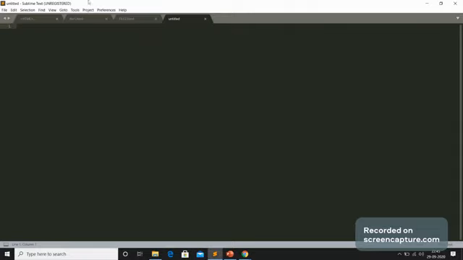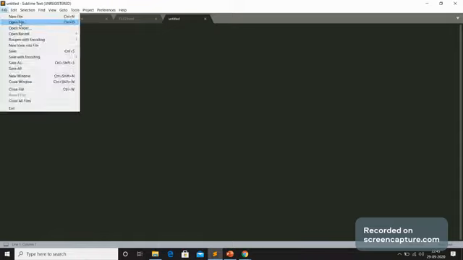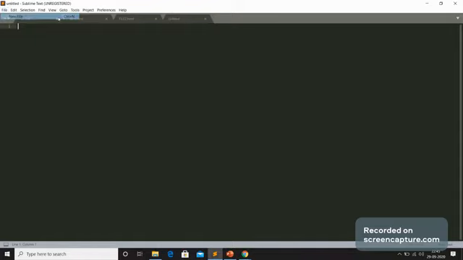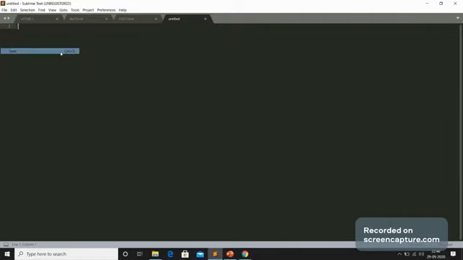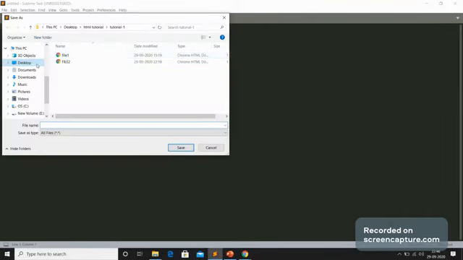After opening Sublime Text, click on File and New File. It will open like this. First you have to save it. Click on File, click on Save. Create any folder, like HTML tutorial, and inside tutorial 1 I have created, I already have 2 files there.